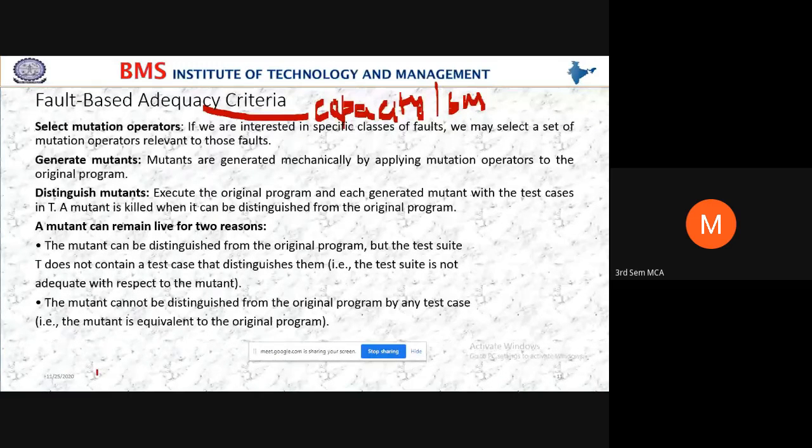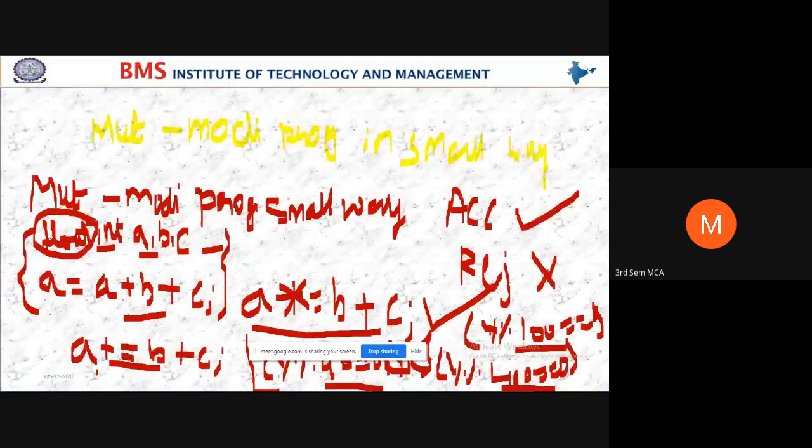Select the mutation operator. If we are interested in a specific class of fault, we may select a set of mutation operators relevant to those faults. So assume that I have a list of mutation operators, select a mutation operator which is suitable for the specific program or the specific project. So based on the situation,